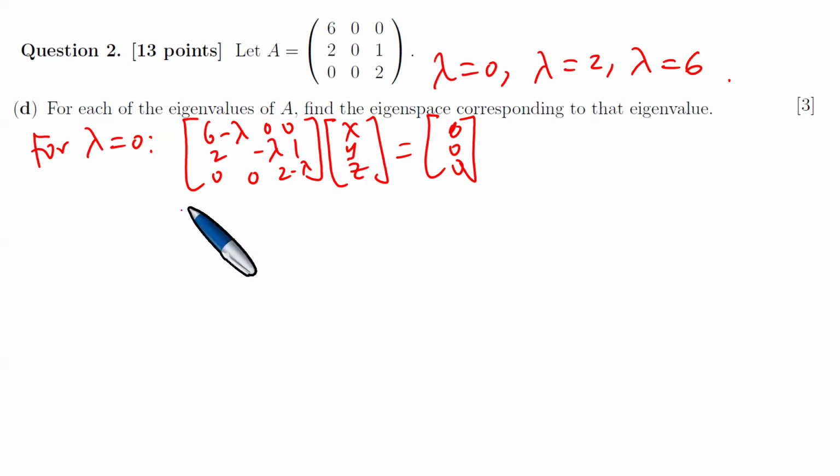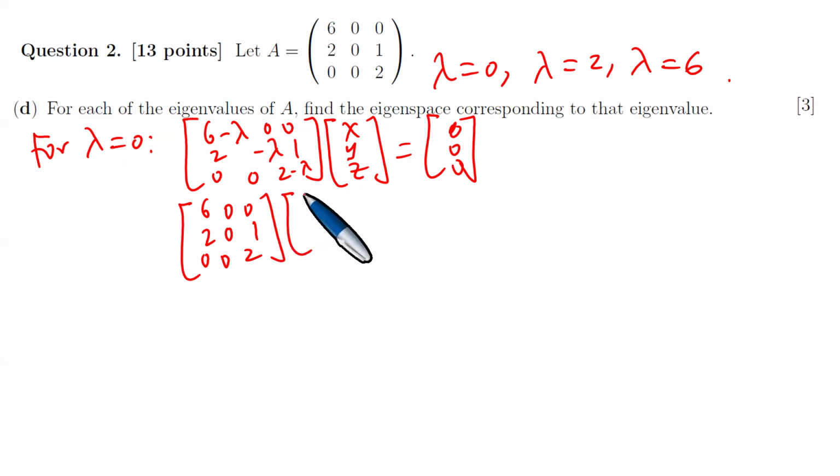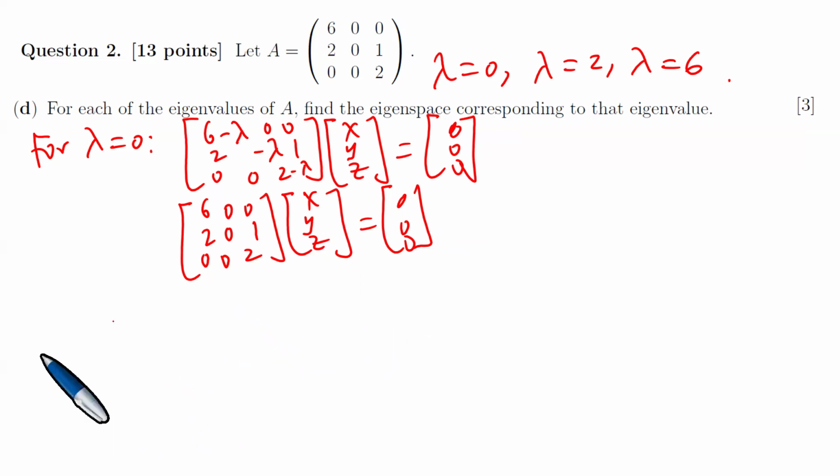Right, so obviously if lambda is 0, we're going to plug 0 here in the place of lambda. In which case we get 6, 0, 0, 2, 0, 1, 0, 0, 2, x, y, z, equals 0, 0, 0. Okay, this is what we have. Now, if this is exactly what we have, what then do we do with this? We need to row reduce this. Okay, right. So if we can augment it,